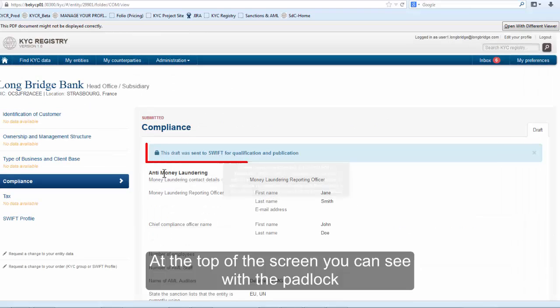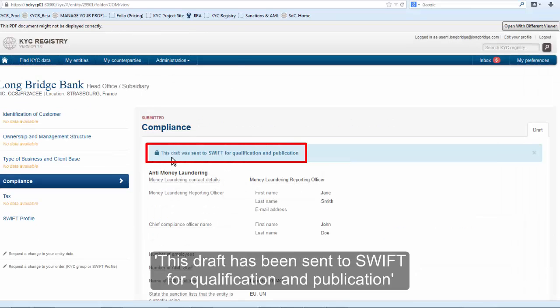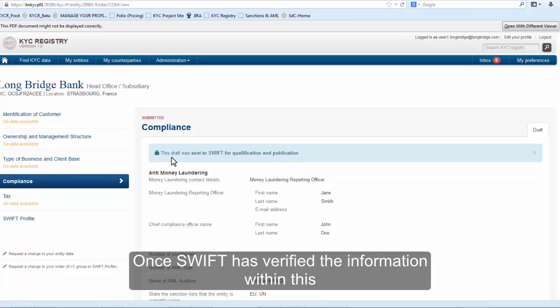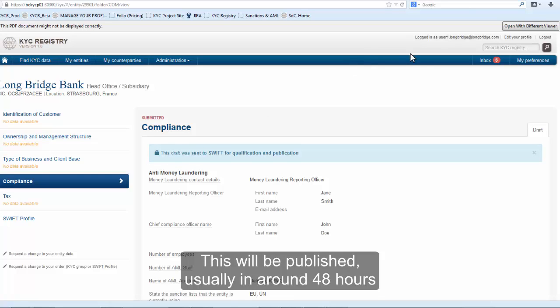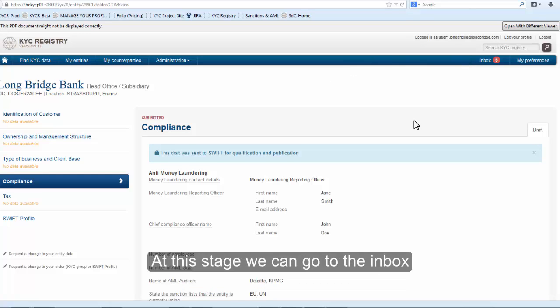At the top of the screen, you can see with the padlock that this draft has been sent to SWIFT for qualification and publication. Once SWIFT has verified the information within this, this will be published, usually in around 48 hours. At this stage, we can go to the inbox